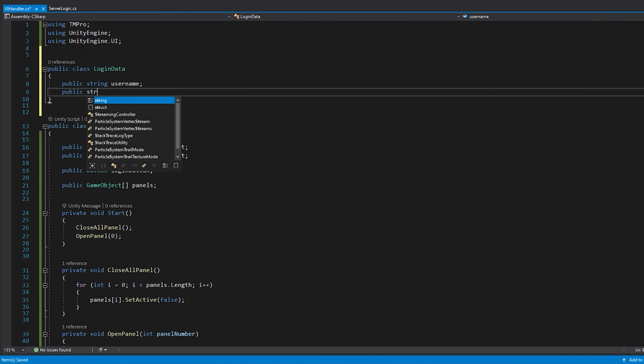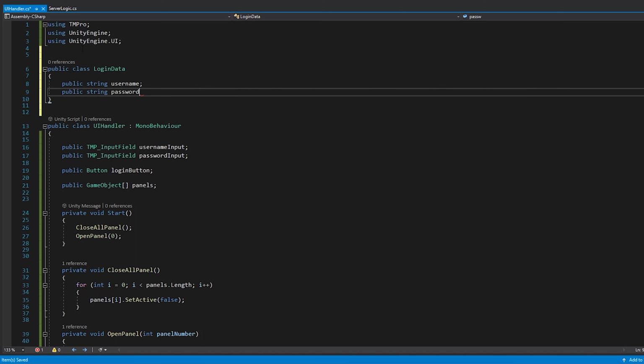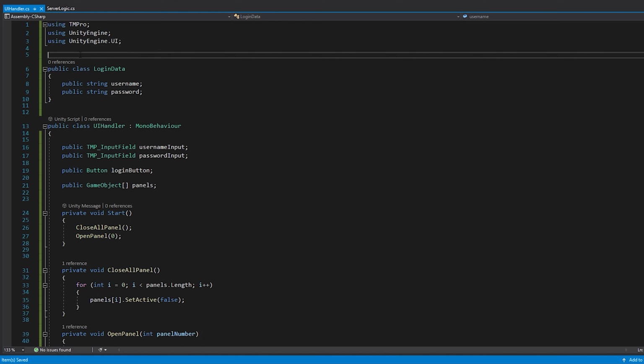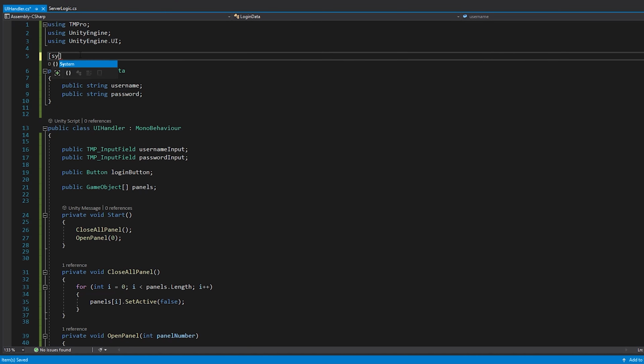I think now we have a very basic idea. It should have the same spelling as the server so that JSON deserialize can also work fine. We will make this class System.Serializable so that we can serialize and parse it to JSON. Okay, let's first now create our login logic.